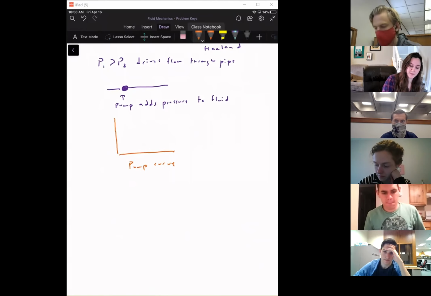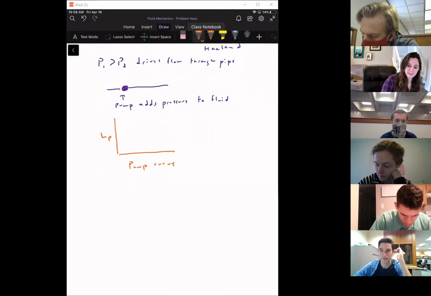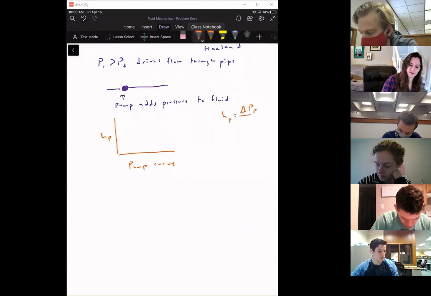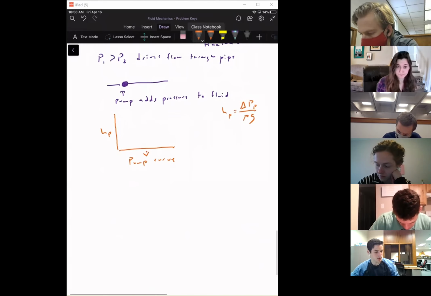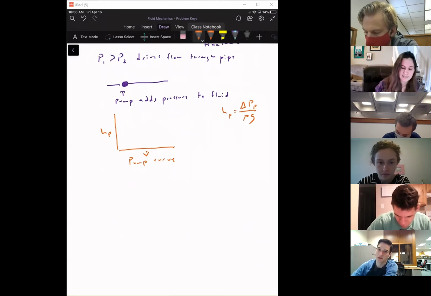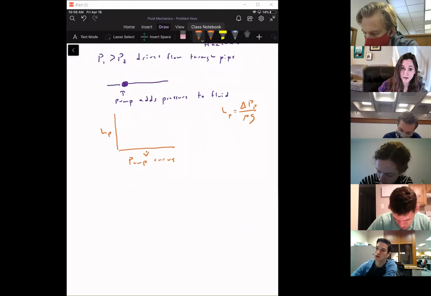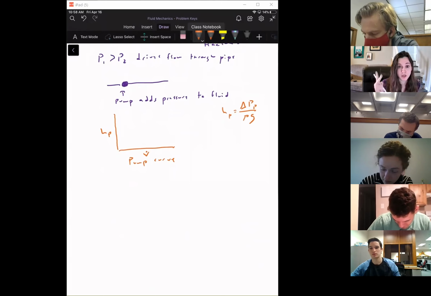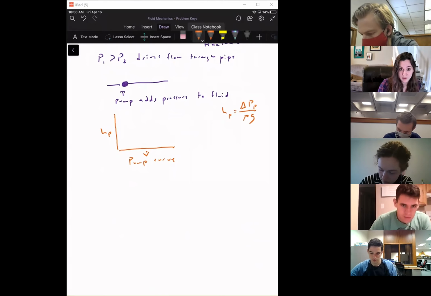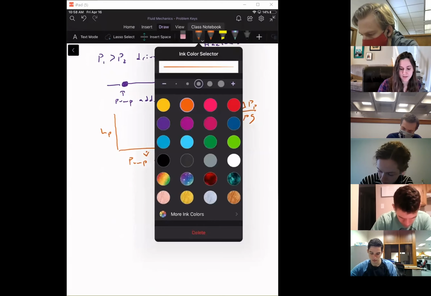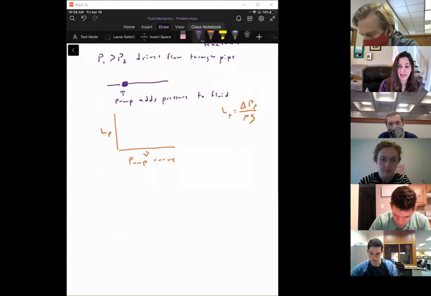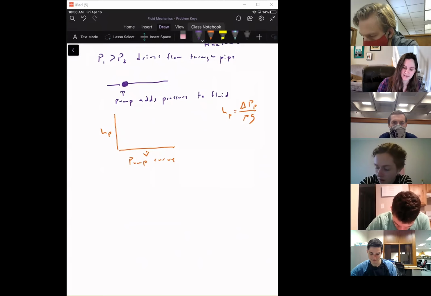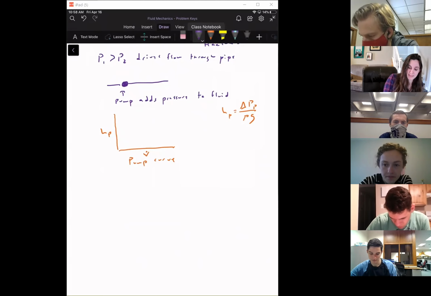Okay, so the pump curve would be pump head, which, if you'll recall, is the pressure added by the pump over rho g, versus the flow rate. And on your typical pump curve plot, we're going to see two curves. One of those curves comes from your pipe system. It comes from the mechanical energy balance for a pipe system, which would be